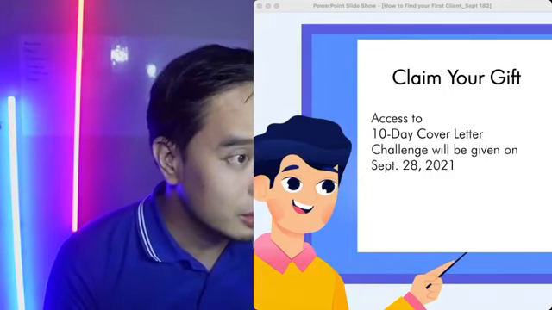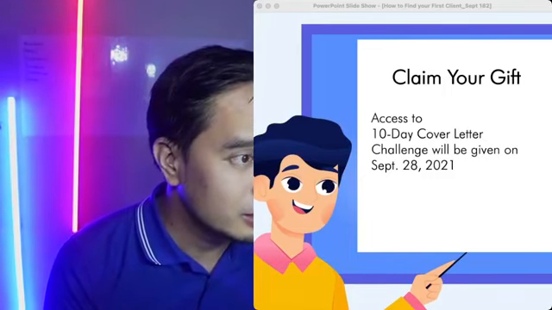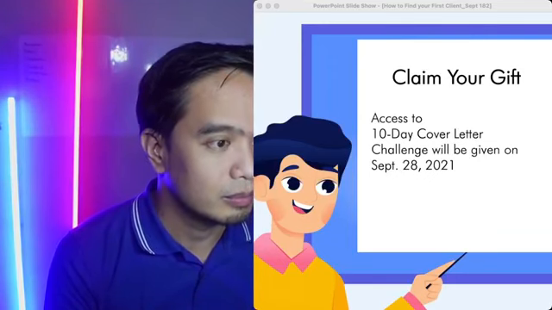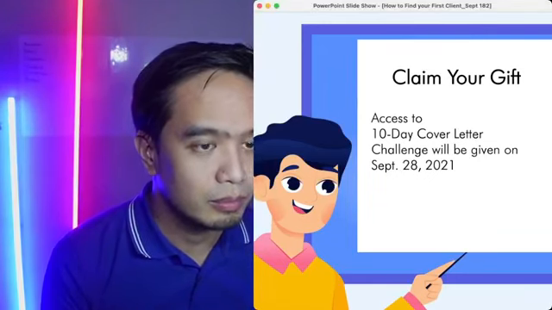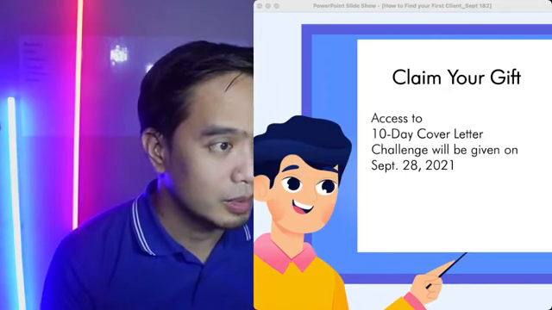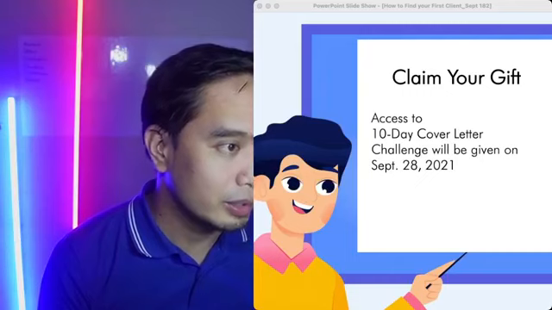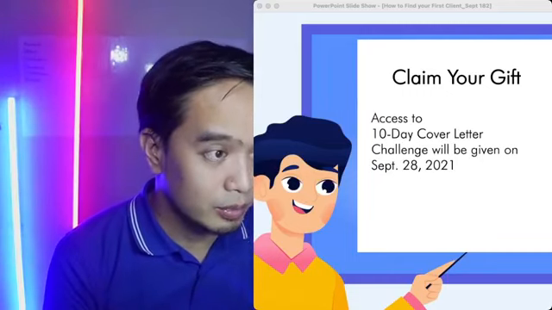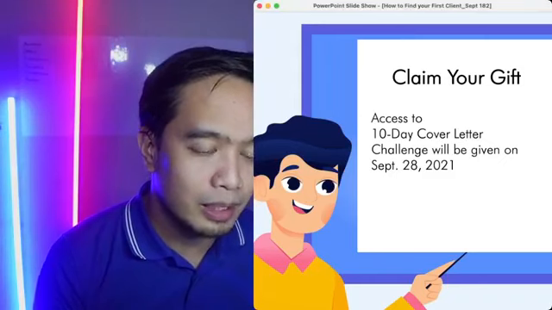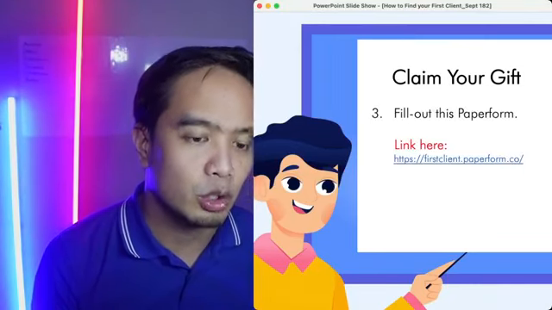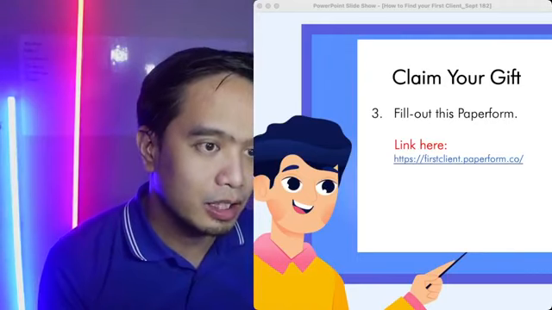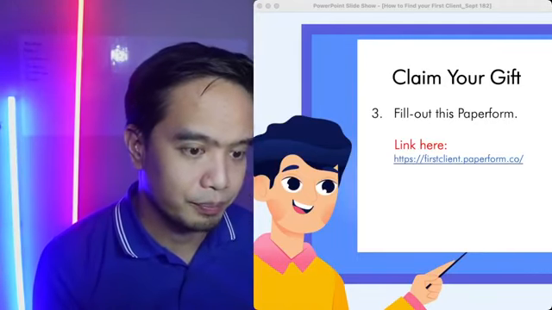Teka lang. Hala. Ay, .co lang yun. Not .com. Sorry, may typo. .co lang. May nag-type ng .com. First client.paperclick.co. That's why hindi siya nag-work.